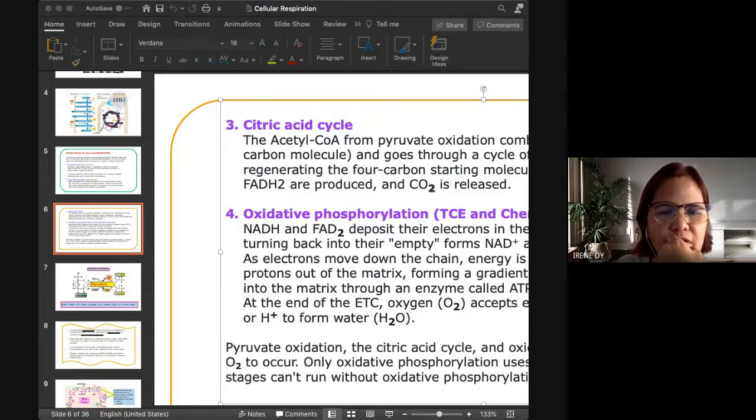Okay, there were so many different FADs. But FAD means flavin adenine dinucleotide. Okay, flavin adenine dinucleotide. How about FADH? Okay, FADH is